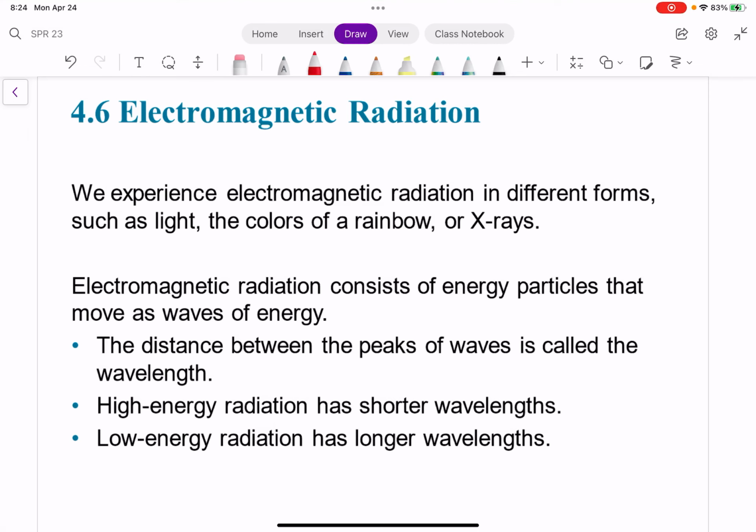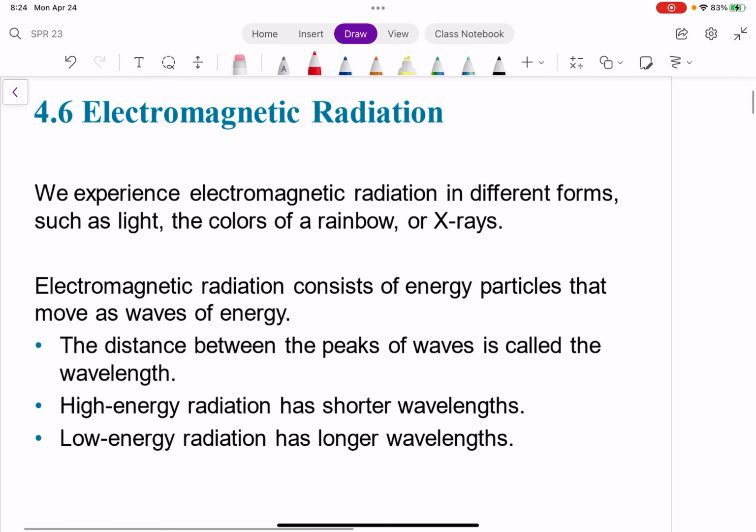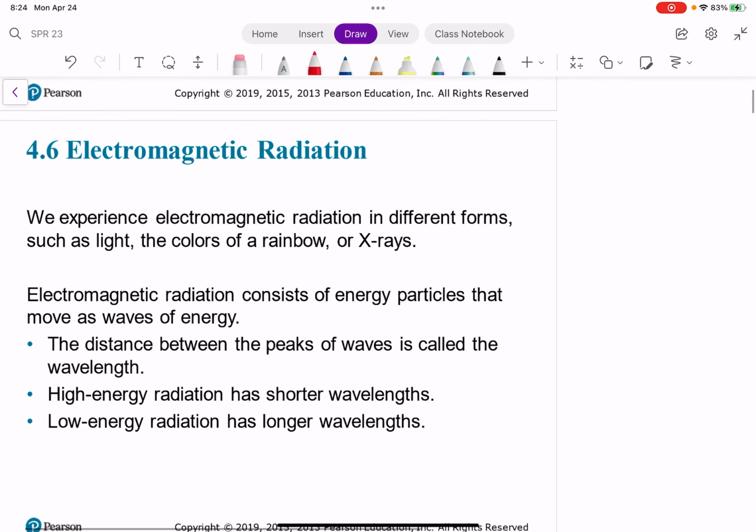In this video, we're going to start study guide 3, which is all about chemical bonding. But in order to talk about chemical bonding, we need to talk about electrons a little more because they're very important for bonding. So before we talk about electrons, let's talk about electromagnetic radiation. Electromagnetic radiation has lots of different forms. So there's light, there's visible light, so colors of the rainbow, there's X-rays, UV rays. And we measure electromagnetic radiation